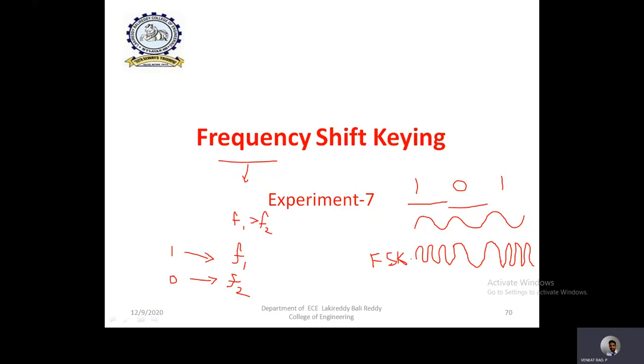What you observe from this is that in the FSK signal, the output modulated signal has a carrier signal but with different frequencies, changing to F1 whenever the input is binary 1, and F2 when the input is binary 0, and again F1 if the input is binary 1. Depending on the type of input and the bit sequence, these carrier frequencies are going to change.